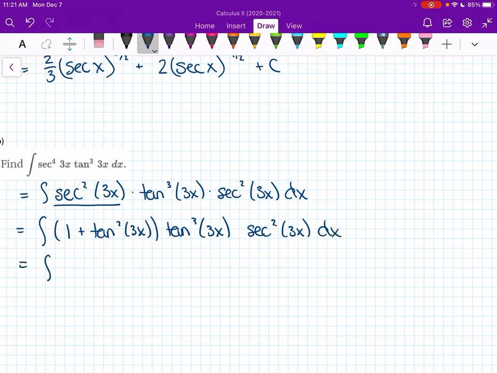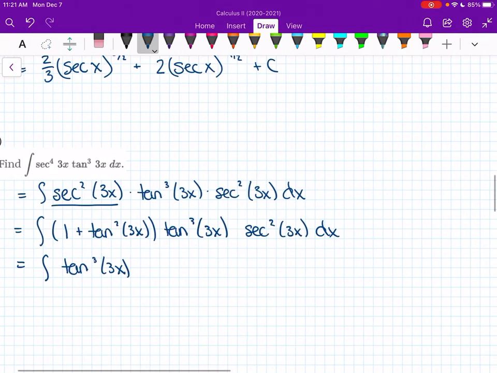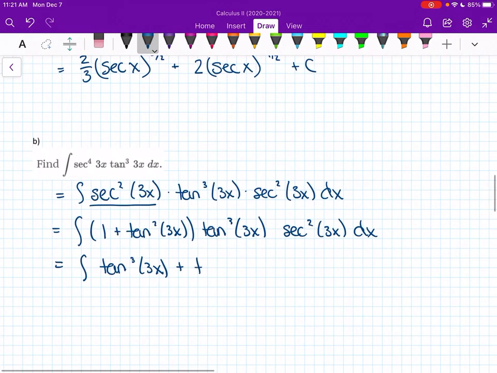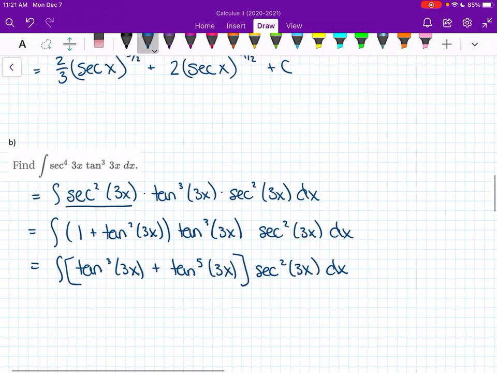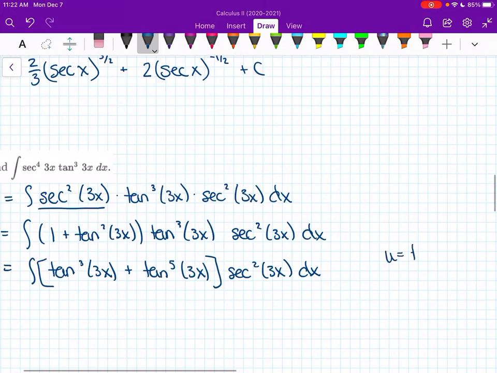Then I'm going to distribute that tangent cubed, so I get tan³(3x) + tan⁵(3x), and all of that gets multiplied by sec²(3x). And then I'm going to let u equal tan(3x), which means that dx is going to be 1 over 3, and the derivative of tangent is secant squared